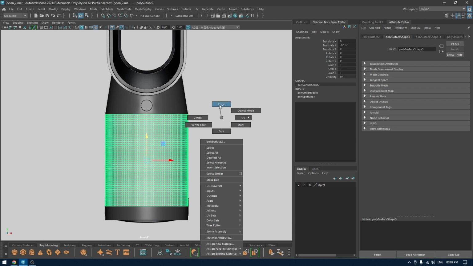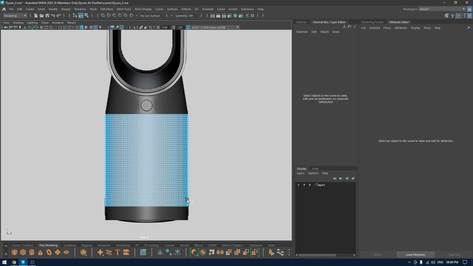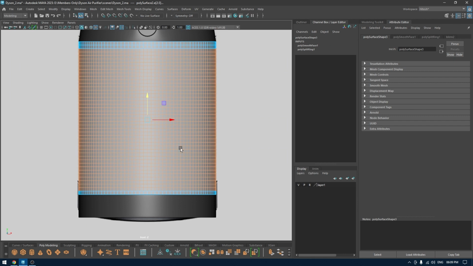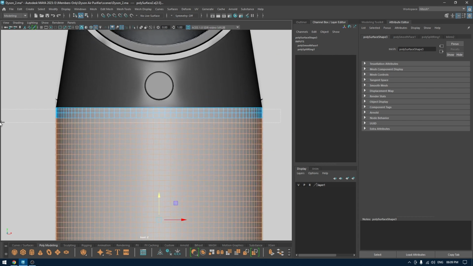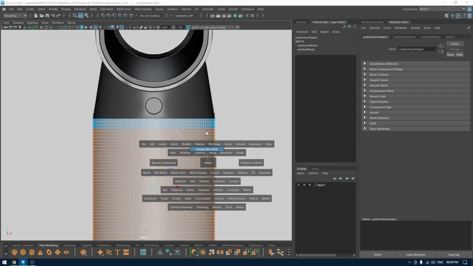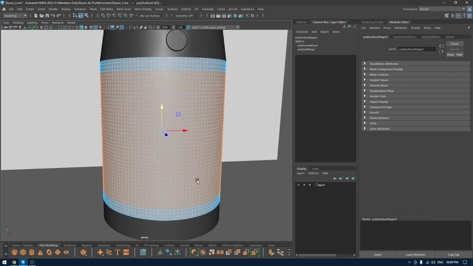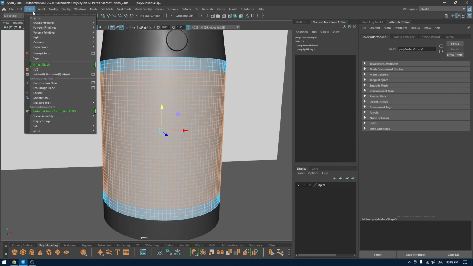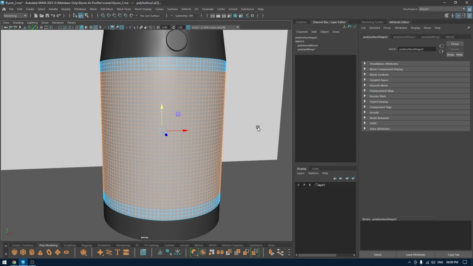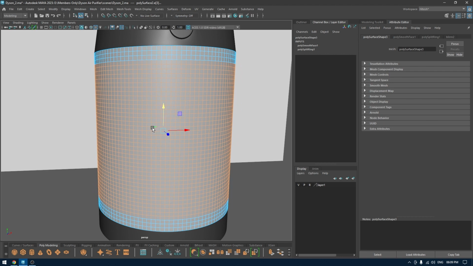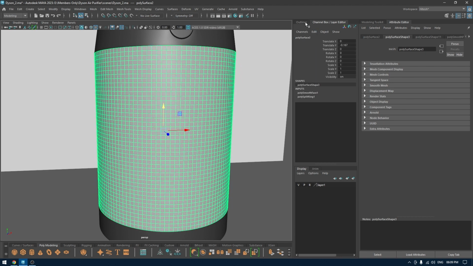And now I'm going to go to edge mode and select the edges here like this. And I'm going to go to create sets and select this quick set, and we are going to create a set of the edge selection we just created so that we can use it later. Now I'm going to select this,